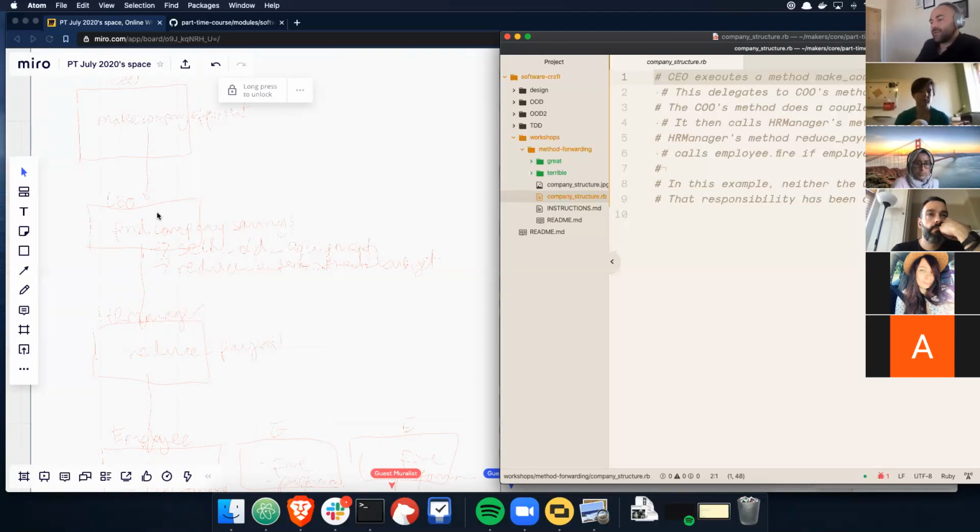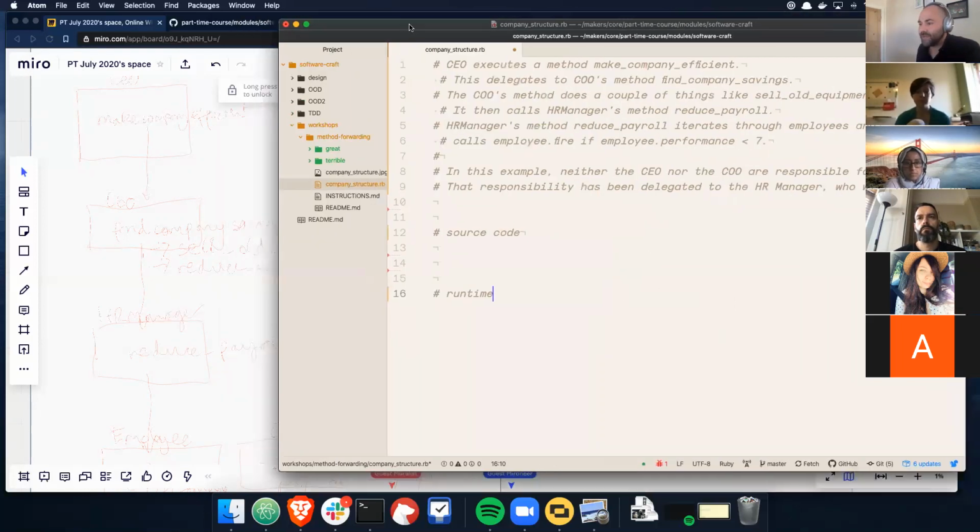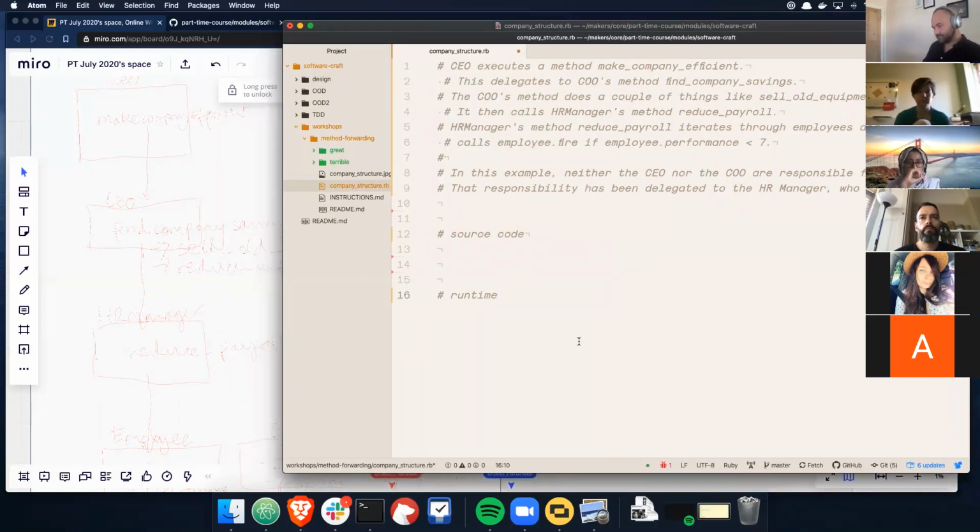Okay, so let's have a look at where we go. I'm going to start off by trying to imagine what I want these things to do, and I'm going to split it into two sections. This is going to be at runtime. This is what I want to happen. And this up here will be the source code. So let's go over here so we can see. At runtime, I want to be able to create a CEO, and I'm going to inject into it